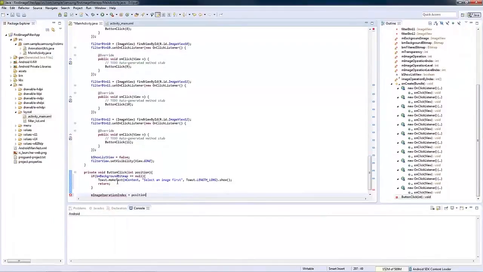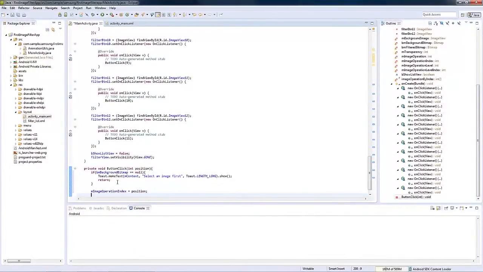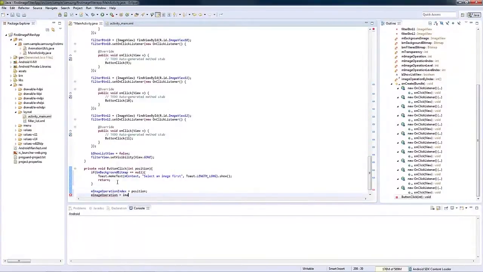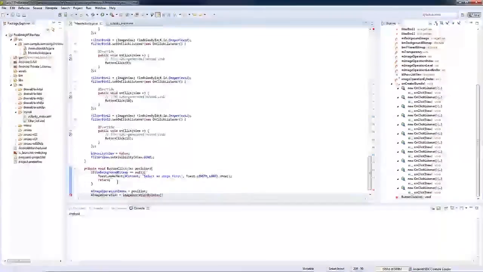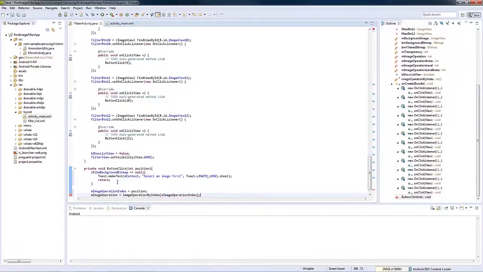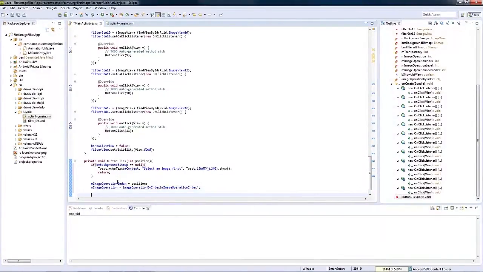Our position parameter will determine the type of filter with regard to the array. In our array, we have the first option to show the original image.